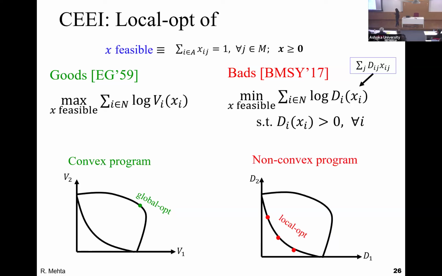So these local optima reside on this kind of lower envelope somewhere. I'm plotting the disutility values over all possible allocations. This is the maximum possible disutility value, and these are the minimum possible disutility values. When you minimize the product, or minimize the sum of the logs, and you're finding the local optima, they will be sitting somewhere here. Now, what's the issue if we are only after local optima of a non-convex program? Gradient descent should do the work, right? What's the problem? Yes.